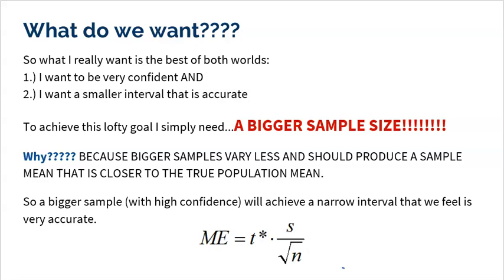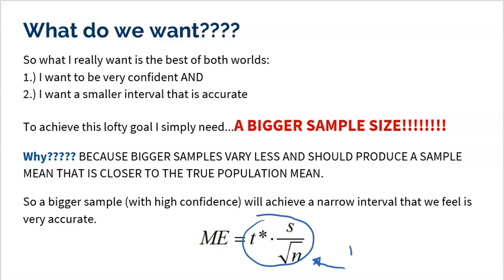And again, think about this, guys, right? Look where sample size is. It's in the denominator. So when you divide by a bigger and bigger number, that makes the overall value smaller, producing a smaller margin of error. Smaller margin of error means a more narrow interval. So again, the only thing to understand is it's inside of a square root.